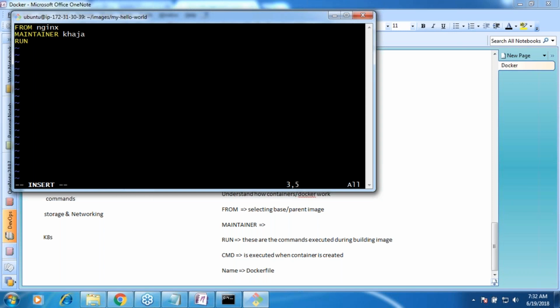So always, what do you think is a better way? Before writing it over here, test it once. Shall we test in the nginx container the commands which I want to execute? Makes sense? I'm just saving the file till this point. I'll execute my test and then I'll execute whatever commands are necessary over here.